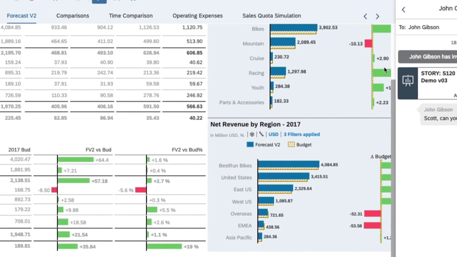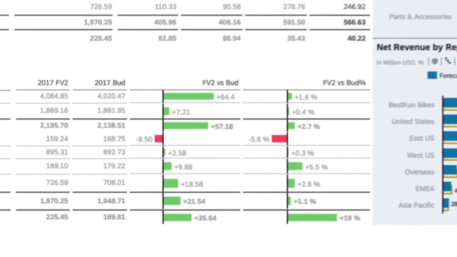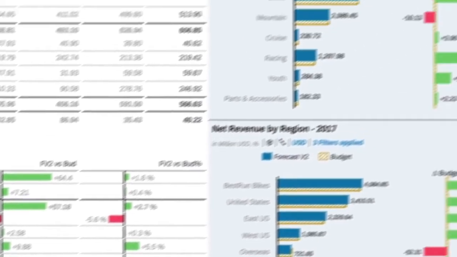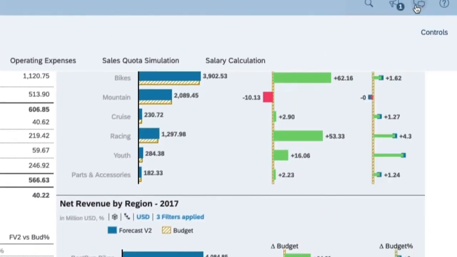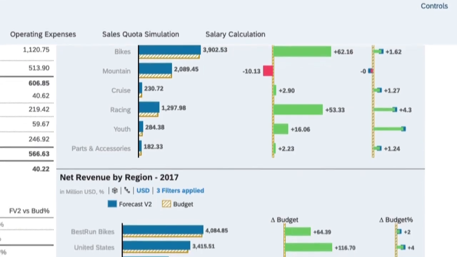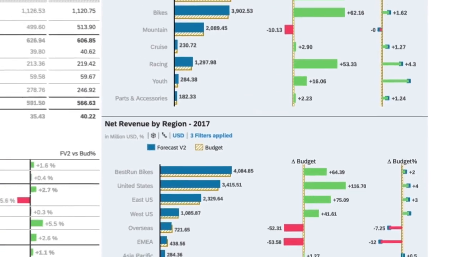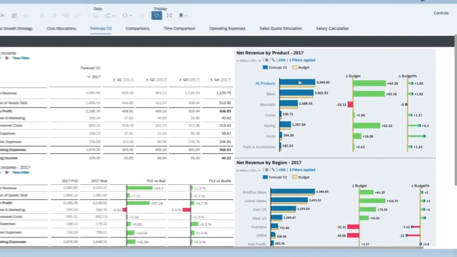In the bottom table, he sees that the forecasted operating income per the current forecast exceeds the budget by just under $36 million. Scott sees net revenue variance directly in SAP Analytics Cloud through the visualizations. He sees that mountain bike sales are behind forecast, but racing bikes are strongly exceeding forecast. The United States regions are also outperforming budget, while Europe, the Middle East, and Africa have dragged down the overseas